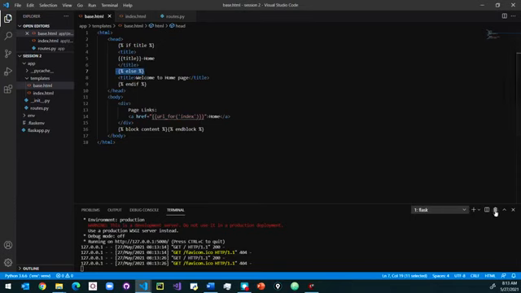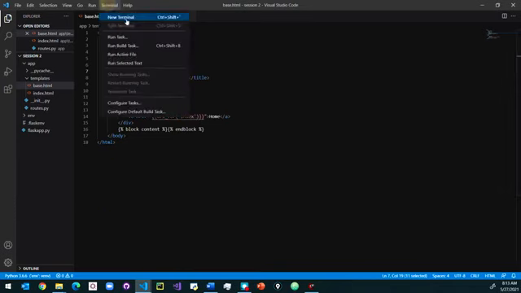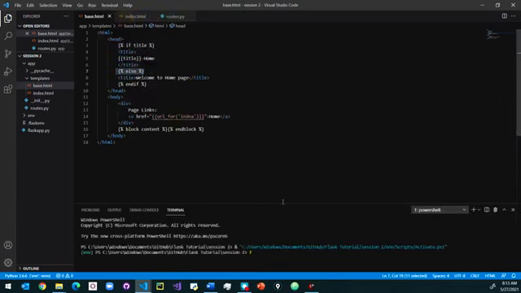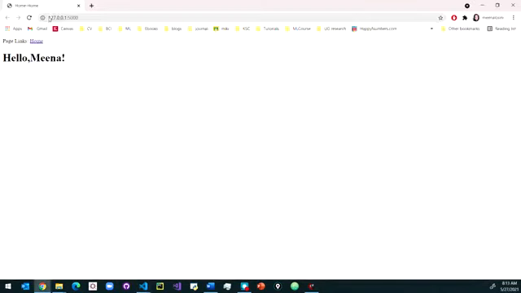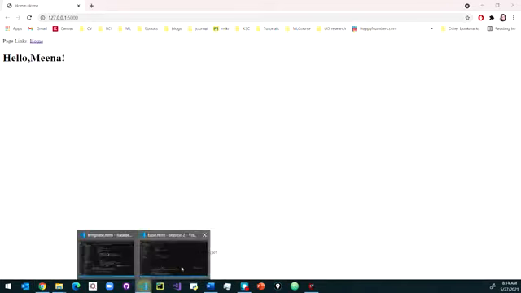Okay, so now I will kill the terminal and create a new terminal, and then I'm going to run flask run, and then open the server. Now you can see whatever we have given in our index.html page is getting displayed here.